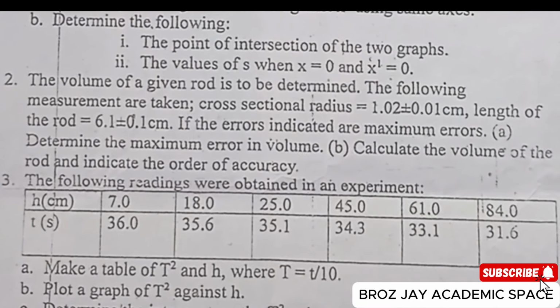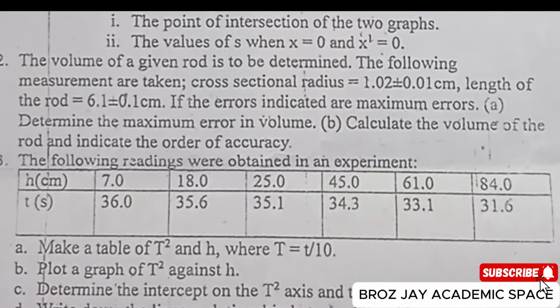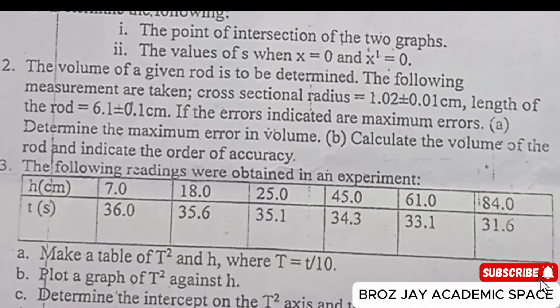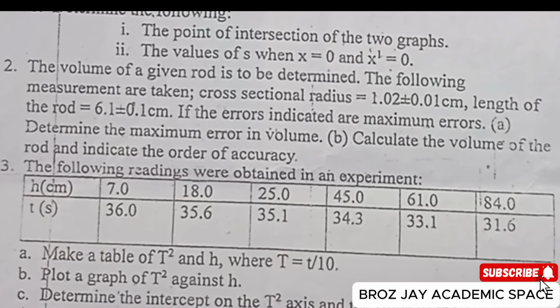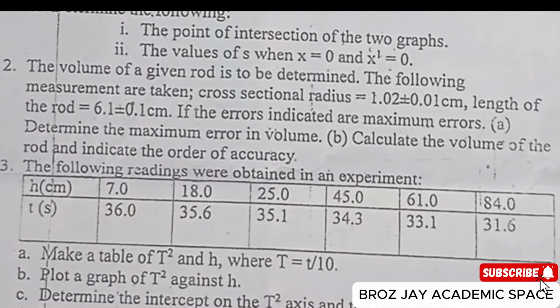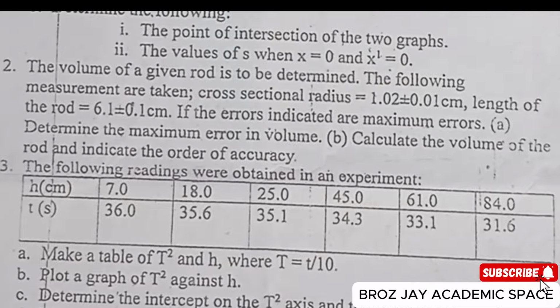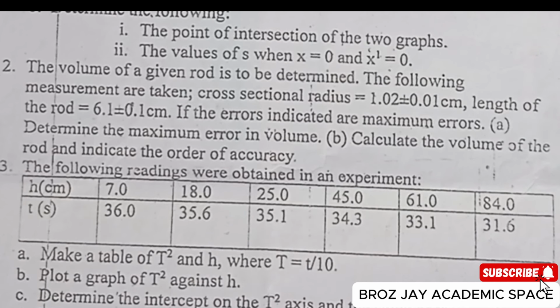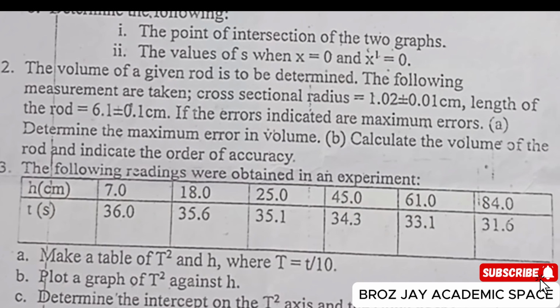So we'll be looking at question number 3 for group A. Question number 3. The following readings were obtained in an experiment. H in centimeter: 7.0, 18.0, 25.0, 45.0, 61.0, 84.0. We're given small t in seconds: